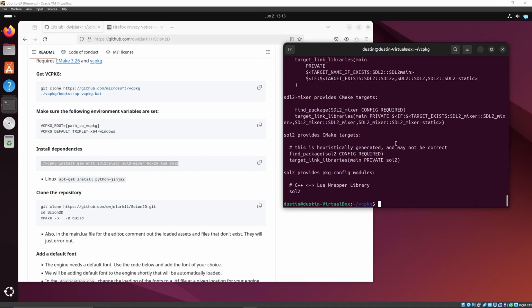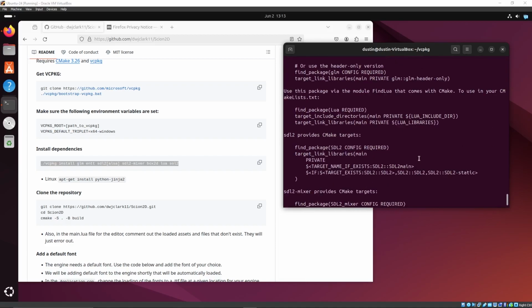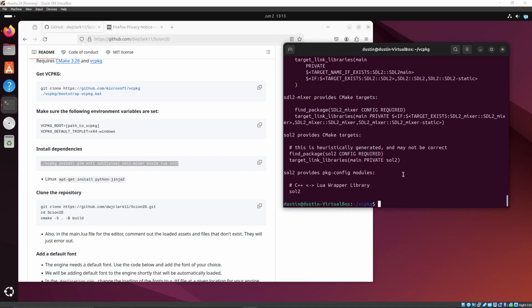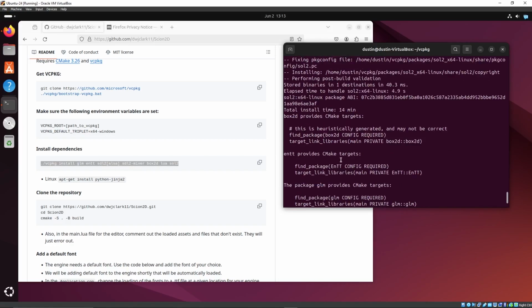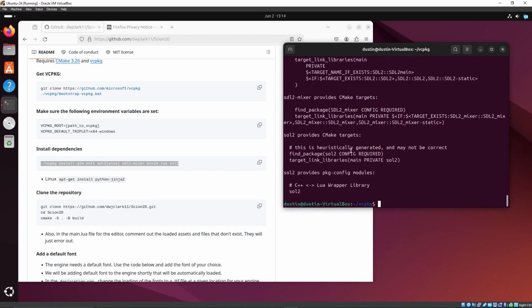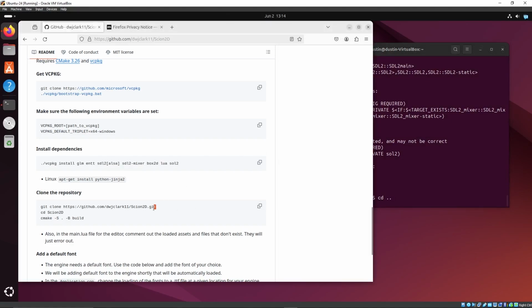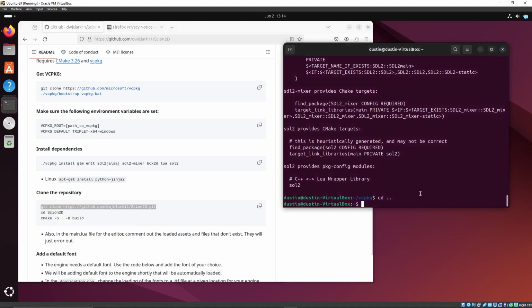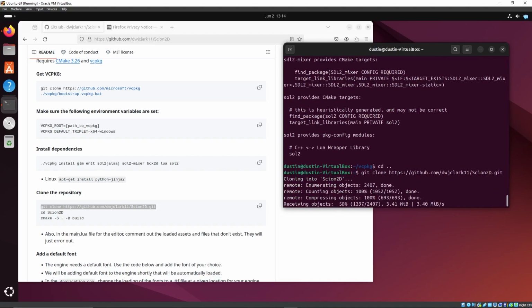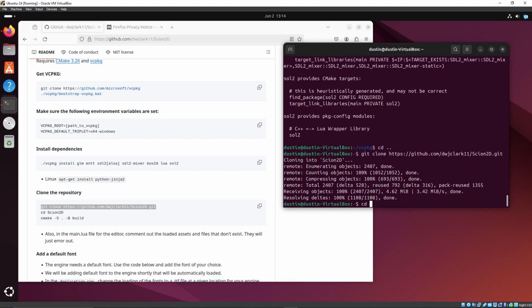All right, so that took a long time, but we got it all. It should work from here. Okay, so let's actually go back. So now we have all of our packages installed. So now we can go back, DD, and we can clone the repo. So let's copy this, copy, insert it. Cool, let's go into it